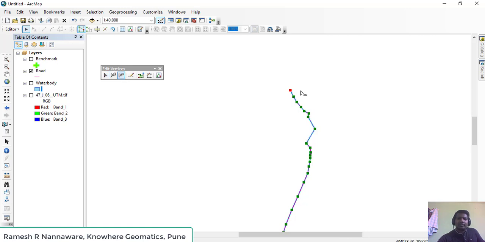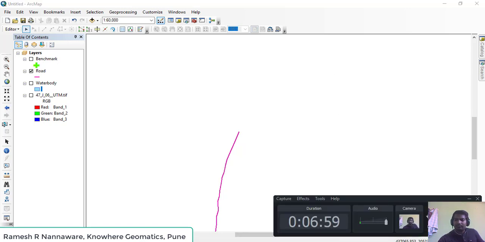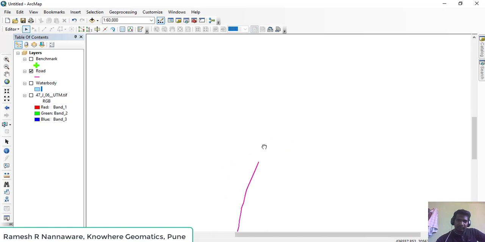I will take that and drag over the area from where I want to remove the vertices. Immediately those vertices in this area will be deleted, and if I double click, those vertices will be invisible. So this way we can edit the vertices.